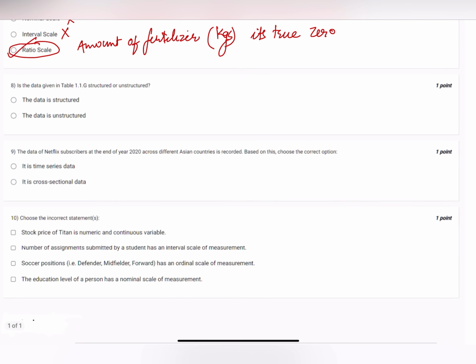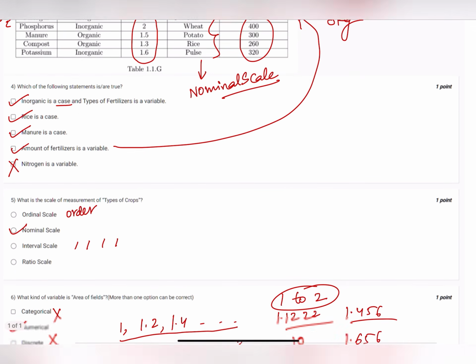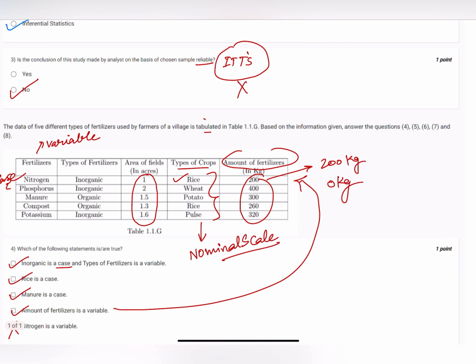In the given data, 1.1 G, that's the table that we are talking about above. It's structured or unstructured. See, before starting this question, I deliberately told you to keep this in mind that